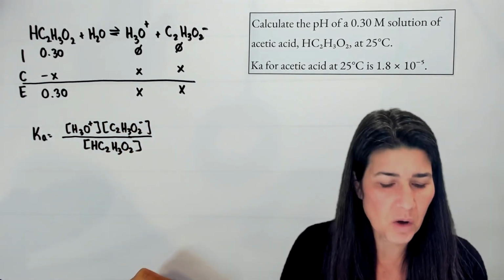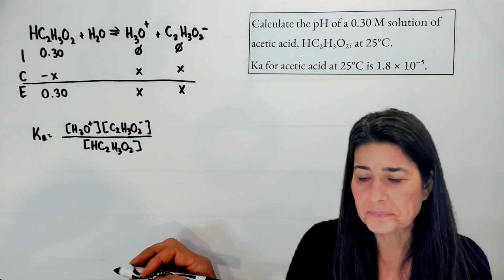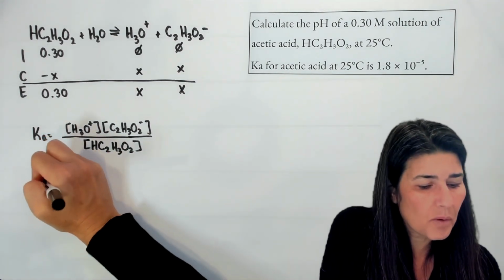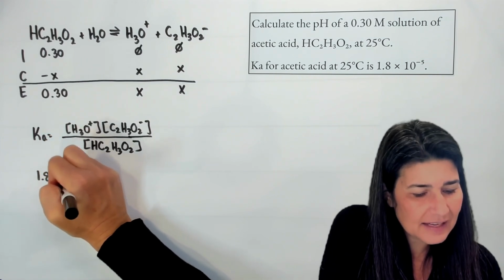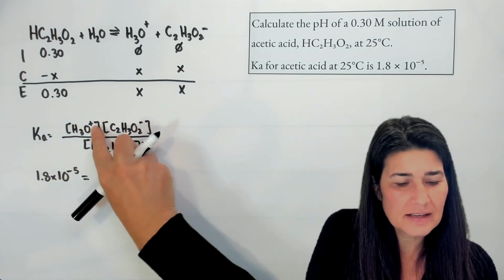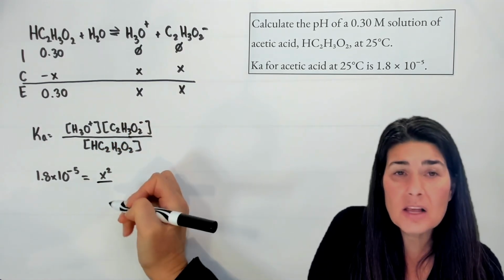We leave out the water. Now we're going to go ahead and plug in all the values we know. The Ka for acetic acid is 1.8 times 10 to the minus 5. That will equal X times X, or X squared, all over